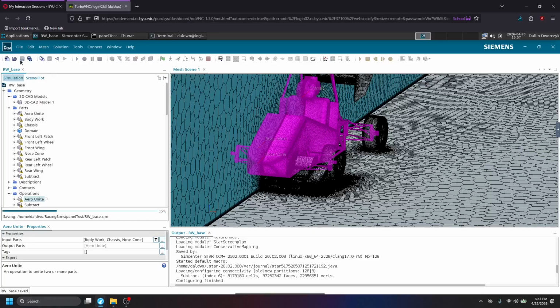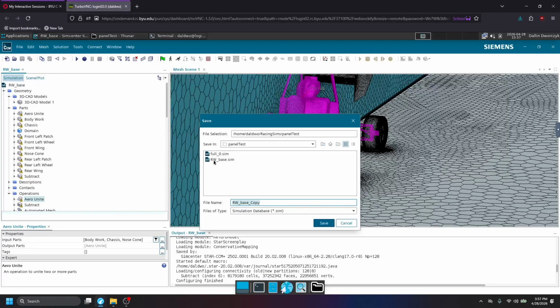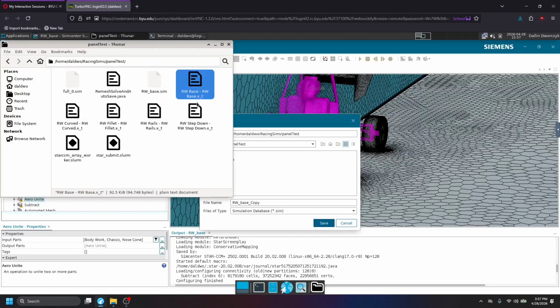Also scary. All you have to do is click save and wait. And we're done. That's it. And the macro will handle everything else. So all we have to do now is just go to the scene, now we file, we save as, and instead of getting the base one now, let's get